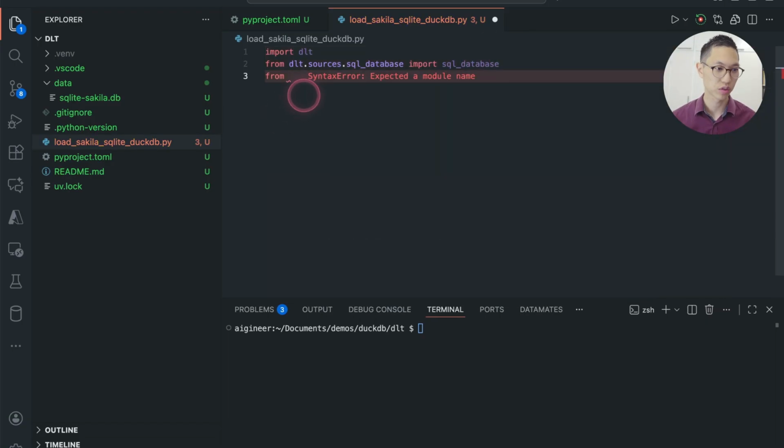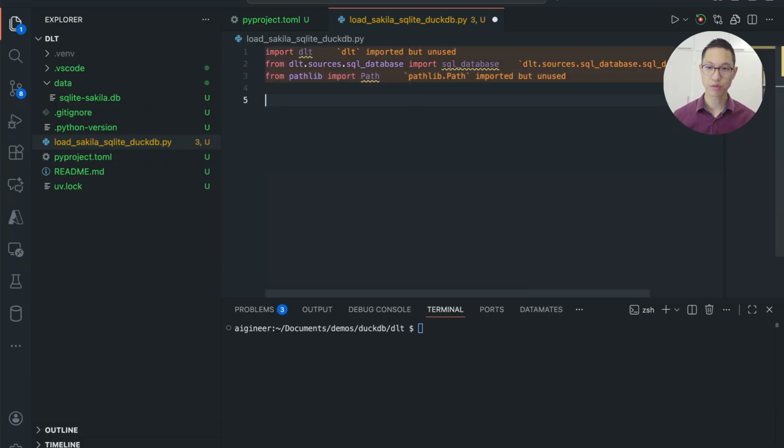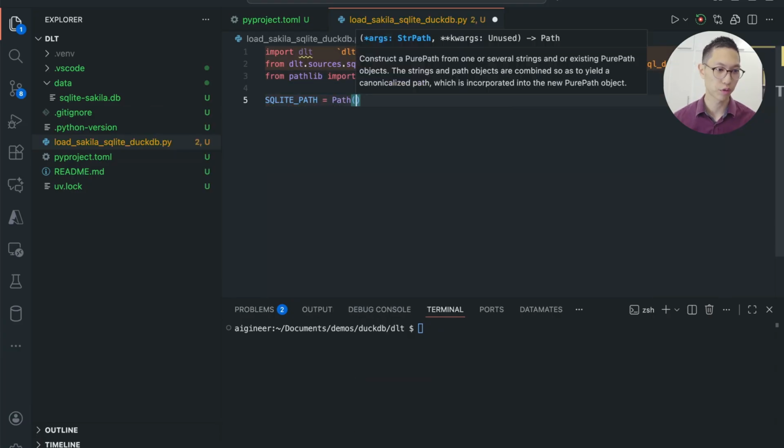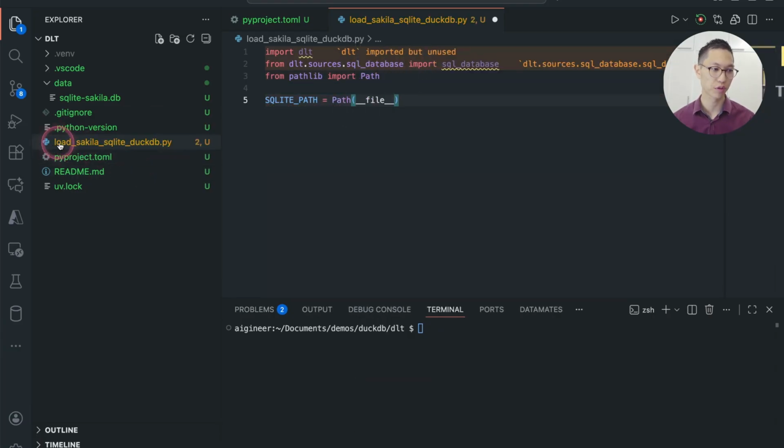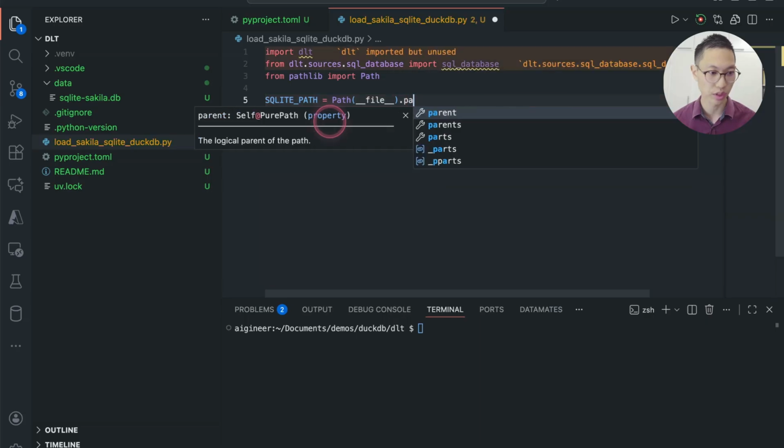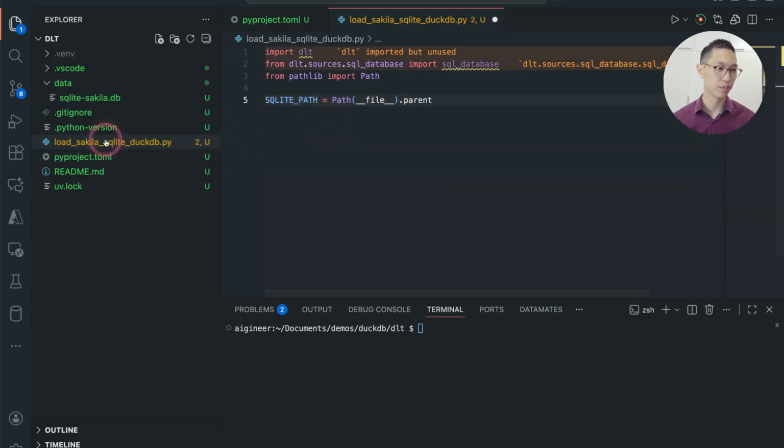Here you can also take in from pathlib import Path. And pathlib I will use to create a path to my SQLite and also to my DuckDB path. I'll do sqlite_path equals Path of the file. You get the path to this file, and then I'll do .parent, and now I will be in the dlt folder. Then I will do